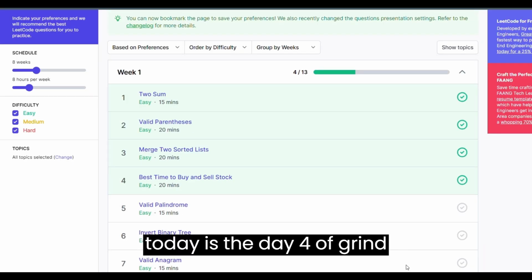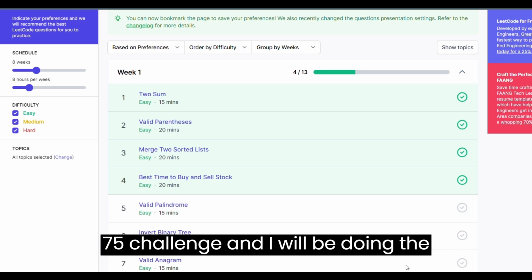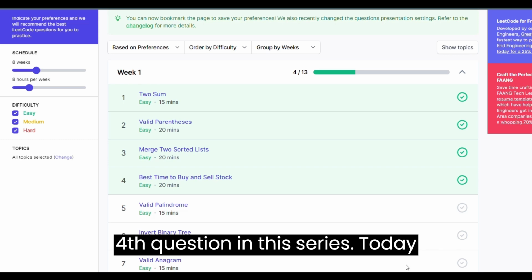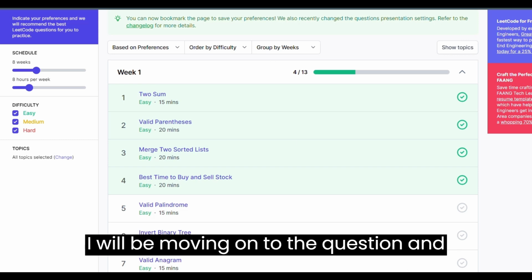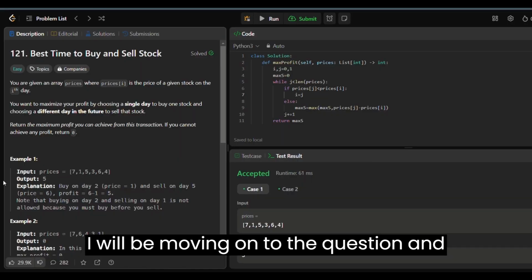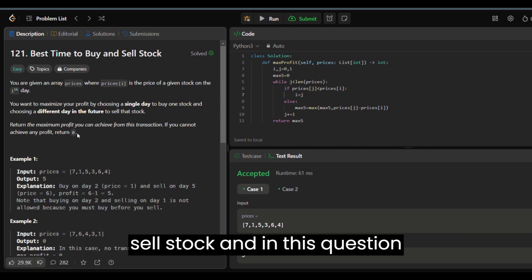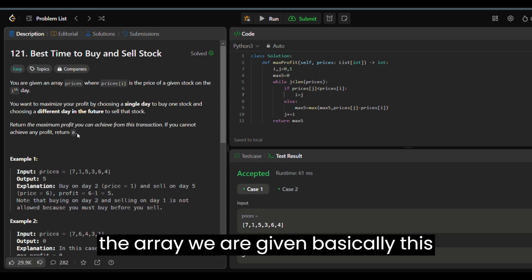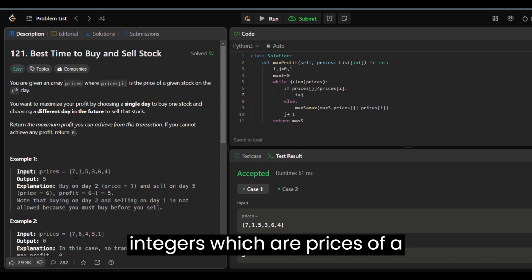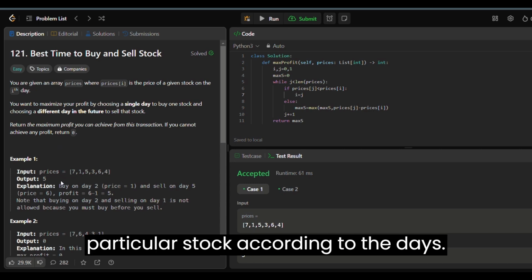So today is day 4 of Grind 75 challenge and I will be doing the fourth question in this series today. I will be moving on to the question, and the question here is best time to buy and sell stock. And in this question we are given a prices array. In the array we are given basically these integers which are prices of a particular stock according to the days,